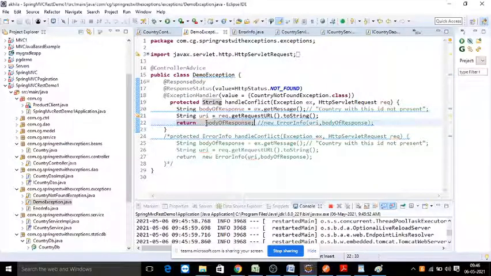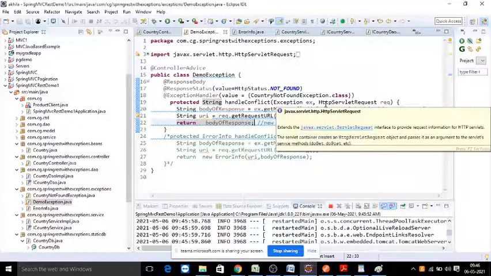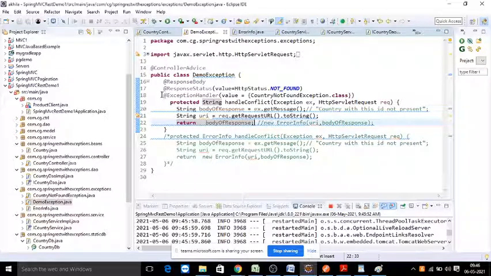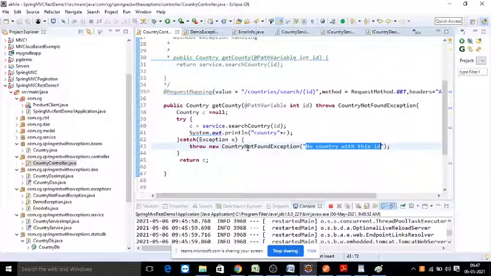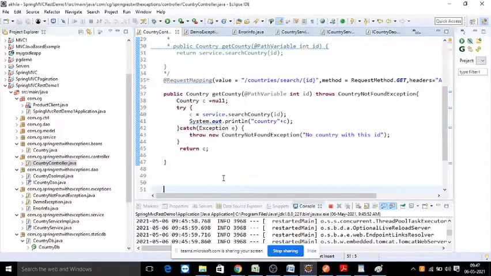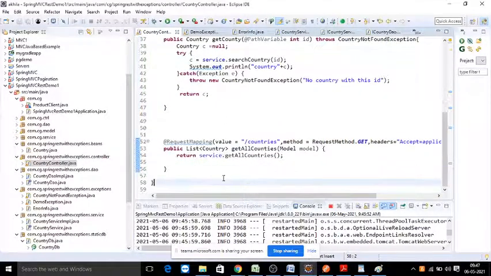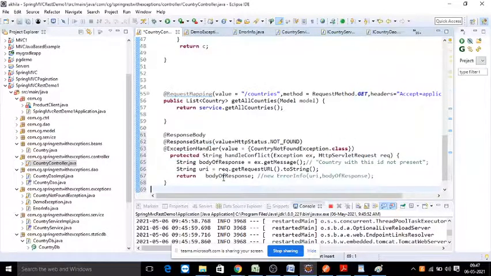So this is like global exception handling, meaning if you have multiple controllers, any class can throw this exception called country not found exception. Suppose this is the exception I want to handle within my controller class itself. Within a controller also you can have a method called exception handler method, just like all the other methods.